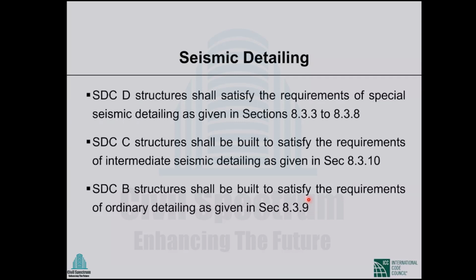Now you know the zone. If you know the site condition, site class, then you can determine the seismic design category. If you choose a certain building system, structural system, you can determine what height is allowed based on the seismic design category. You can determine the value of R, CD, calculate the load, design the structure, and then while detailing, follow these. Only this is the way you can make sure if a structure is seismic design category D, C, or B.